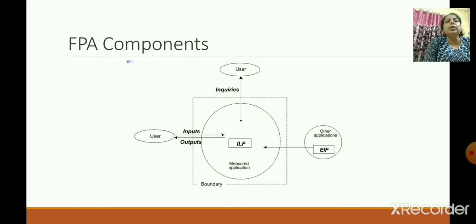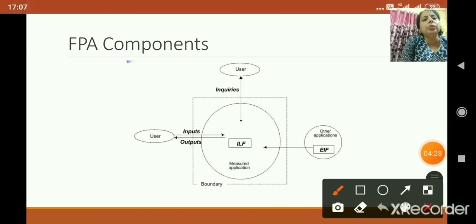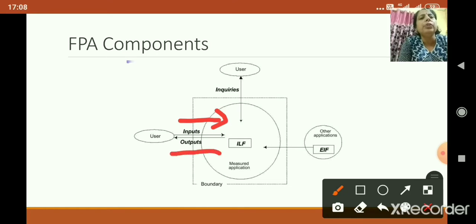To calculate the function point, these are the components of function point. First of all, the user input and output. Means what the user gives to the system, this is input. Then output, what the system gives to the user.